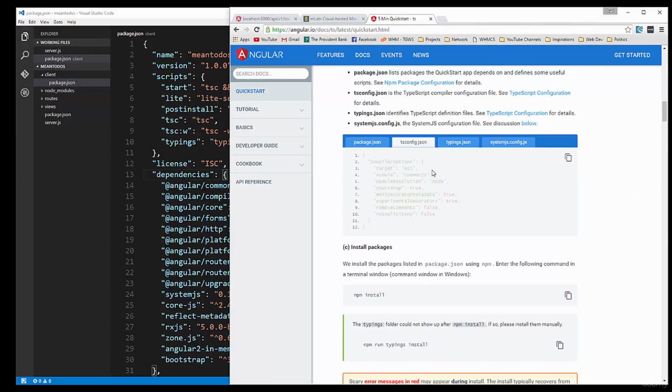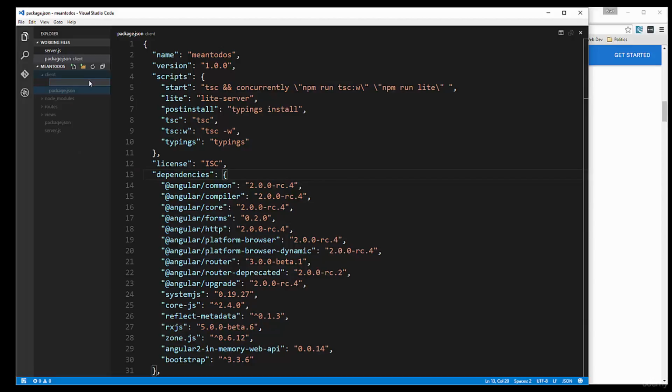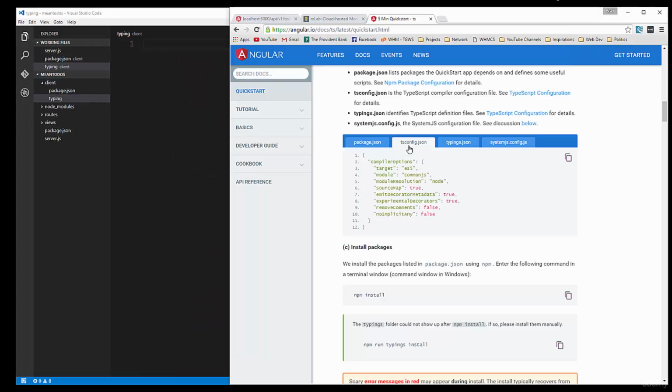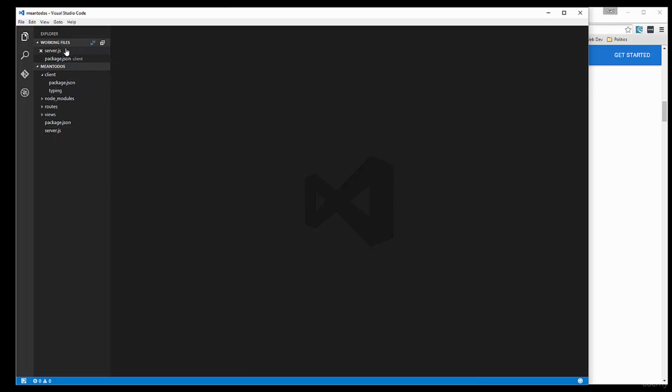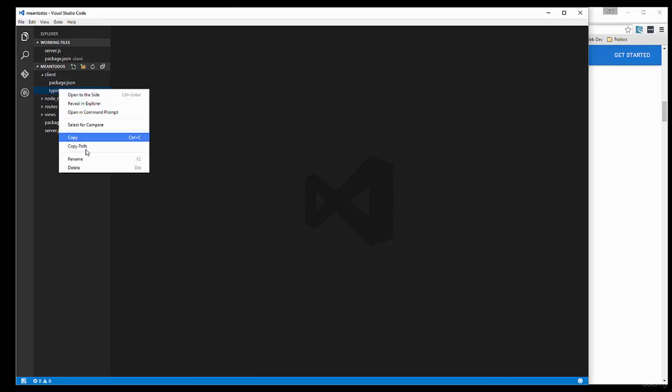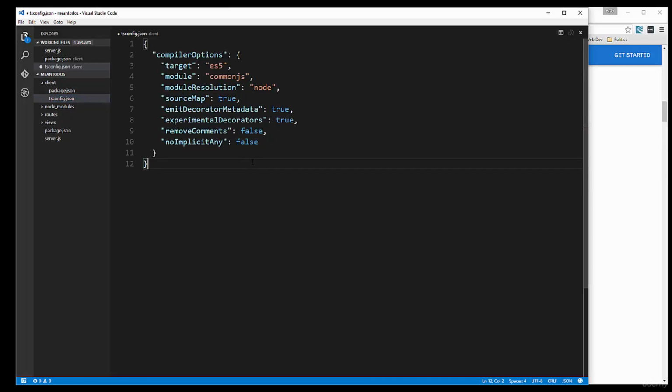And then we're going to grab this here. This is for the tsconfig file. We'll copy that. And make sure you put this in your client folder. It's going to be a new file, and it's going to be called tsconfig. Let's see, it was rename. Rename to tsconfig.json. Oops, spelled that wrong. Okay, and then we're just going to open that up and paste that in, save it,